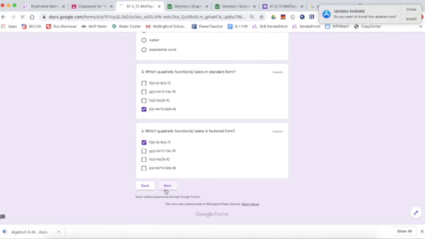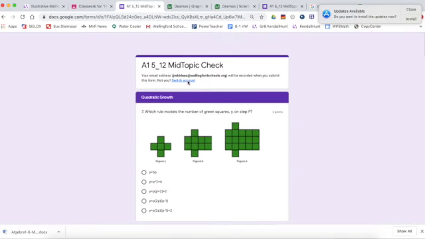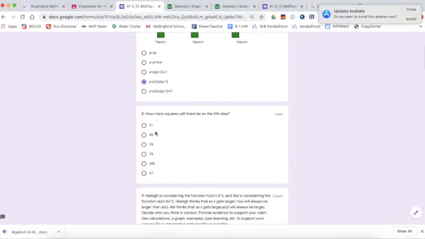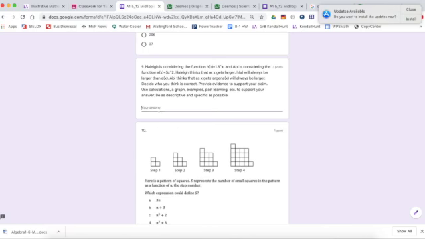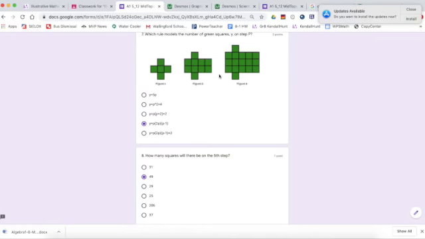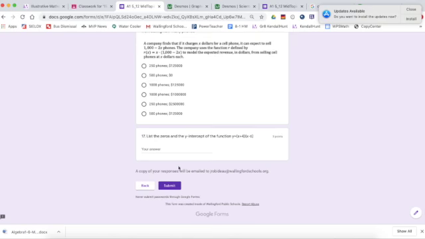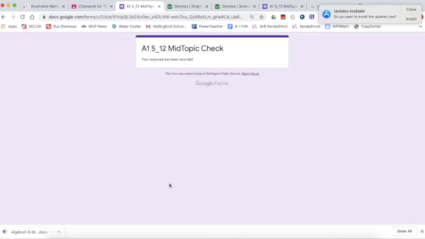So I'm gonna hit next, and then I'm like, oh man, there's a lot of problems here. But let's say you're like, I'm gonna get through these two problems, and then okay, I'm done. So nothing's required to be filled in. So if you finish up through question 9, you can just go ahead and hit submit, and a copy of your responses will be emailed to you so you can see where you left off. So when I hit submit,